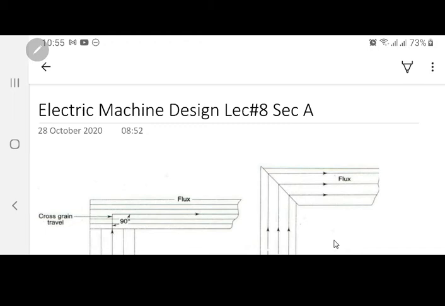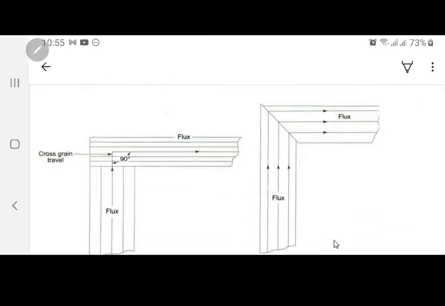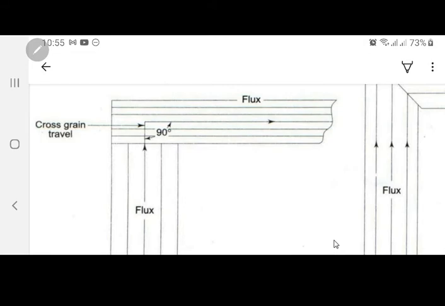Okay, so today this is lecture number 8, section A, and today we are talking about transformer cores based on the shape. Now in the last lecture, if you remember, we calculated the number of pieces and all that structure, and that was based on a core in which the yoke was a rectangular piece and the limb was a circular step type of core, which means that the yoke was not a step type structure, the limb was only step like structure.